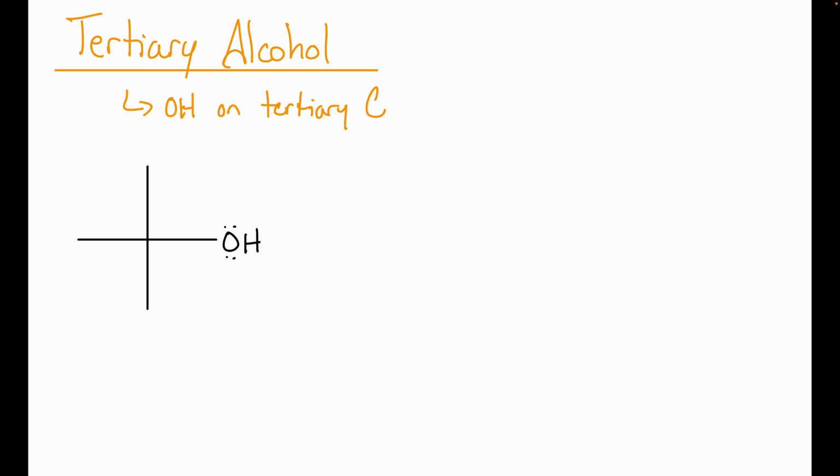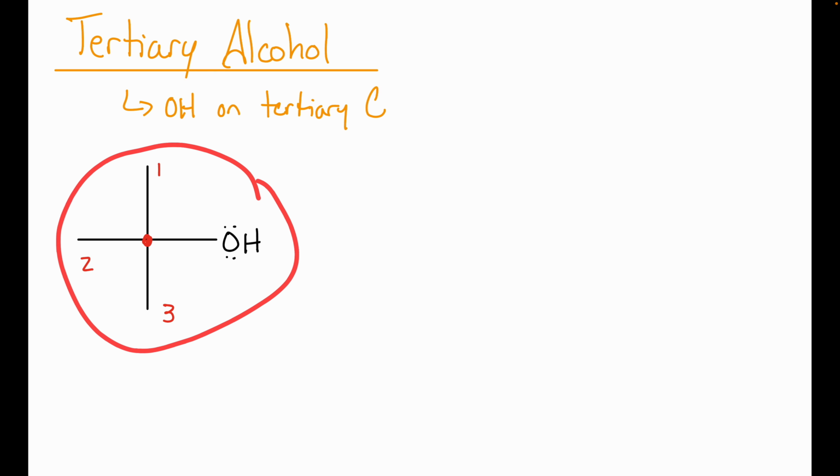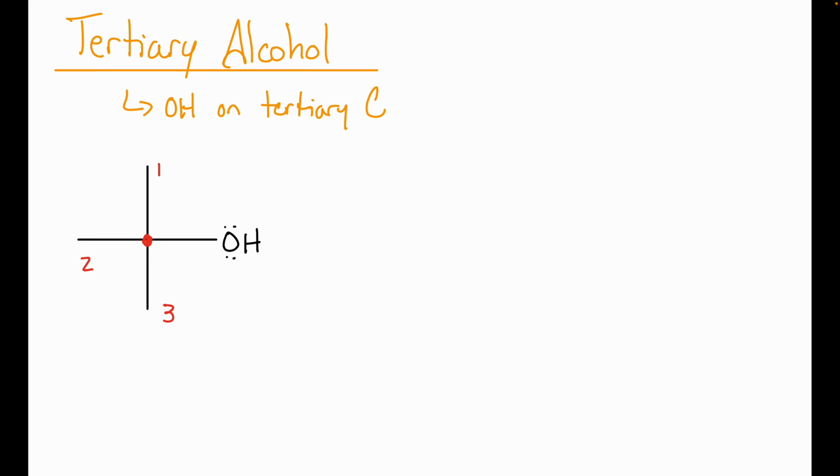To be clear, this carbon right here is a tertiary carbon because it has 1, 2, 3 carbon neighbors. We don't count our heteroatom when we're talking about classifications of a carbon. It's specifically the number of carbon neighbors, right? So this would be a tertiary carbon. So that's why this is a tertiary alcohol. That hydroxyl group is on that tertiary carbon. Okay, so tertiary